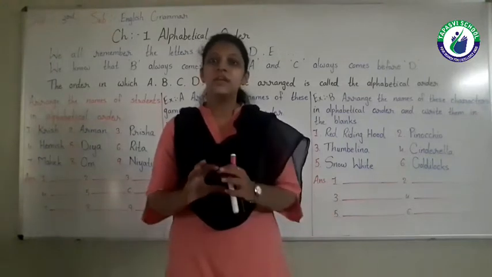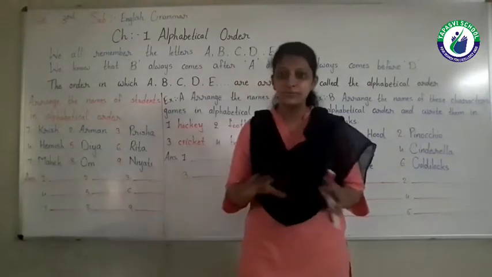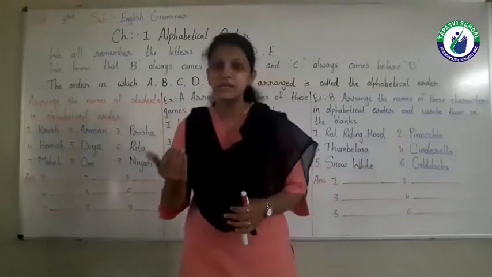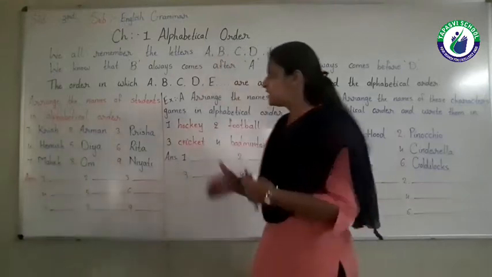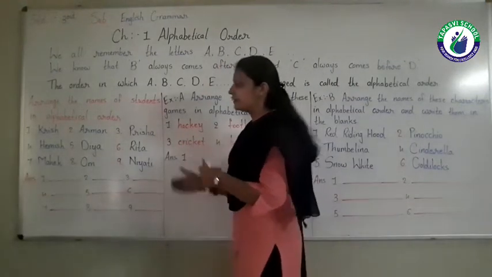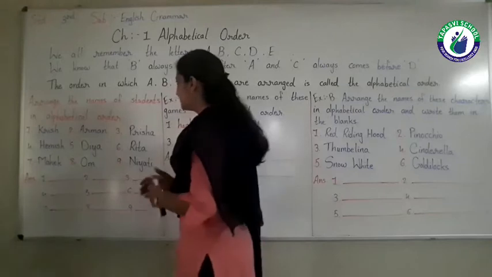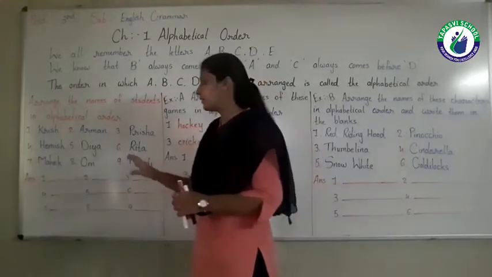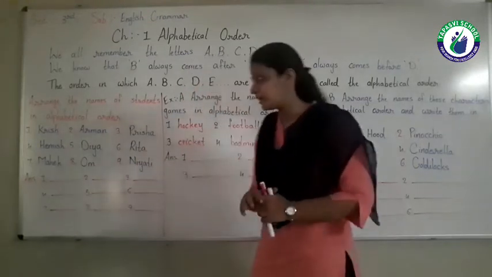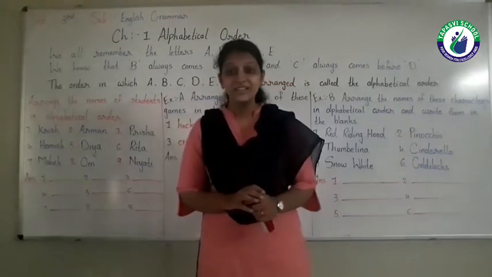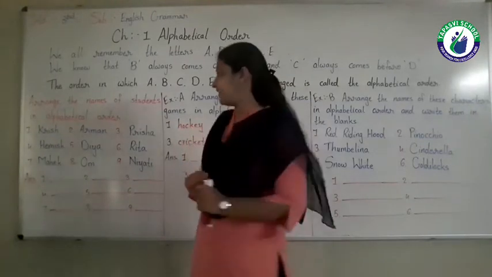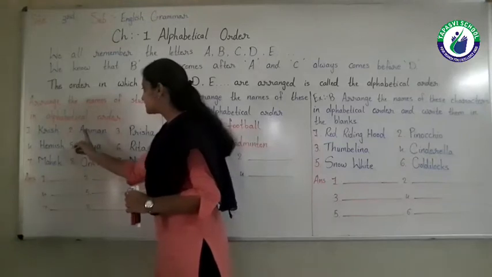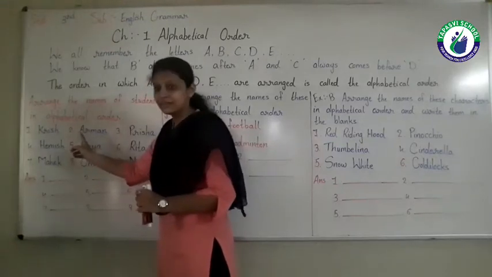any words, names of students, if the given names of fruits, names of vegetables, first of all we speak alphabet. We speak alphabet and then we will arrange the words. Okay? So here names of students are given and we have to arrange in alphabetical order. So we start with letter A. Yes. Any name of student is given. The starter letter with A.